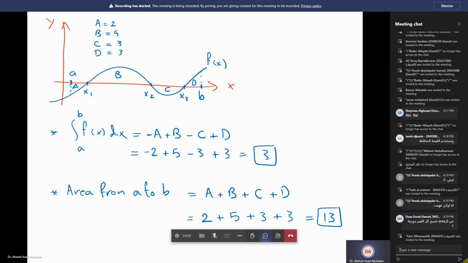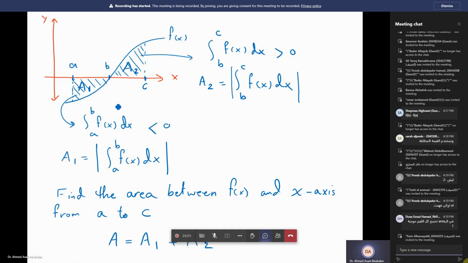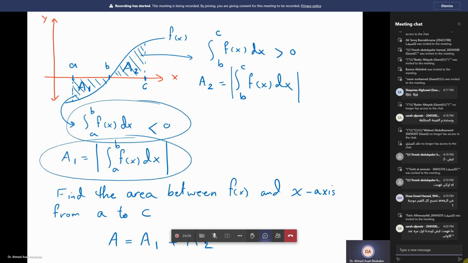ليه -2 حطينا هنا -2 لأنه هنا قيمة تكامل. The value of integration is negative. Why? Because the curve is under the x-axis. مثل ما قلنا هون، إذا كان curve under x-axis فهو negative، لكن إذا بدنا نوجد area لازم نحط له absolute value. ففعليا مثلا A1 هنا integration -2 but the area equals 2. اوكي